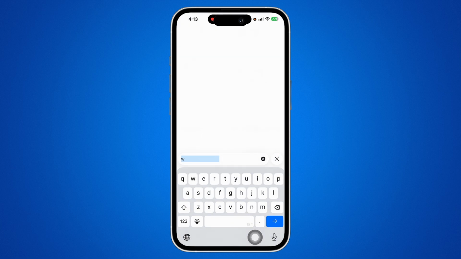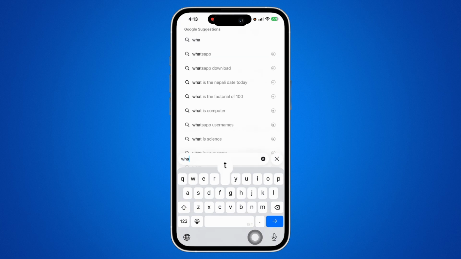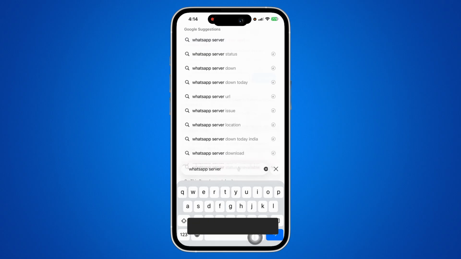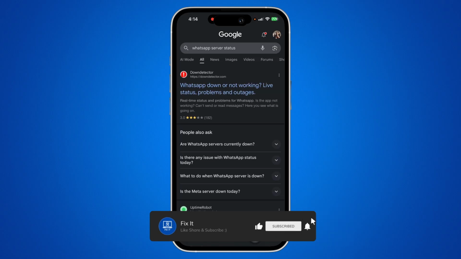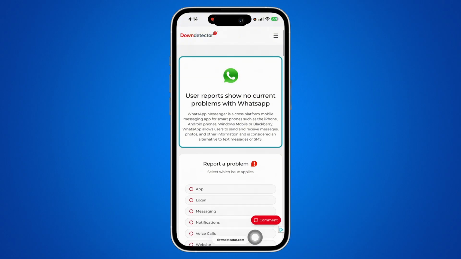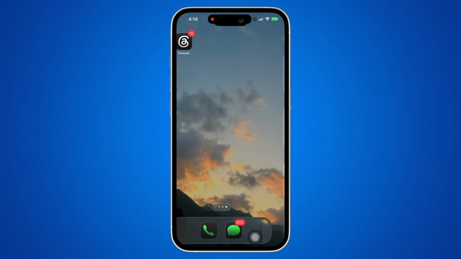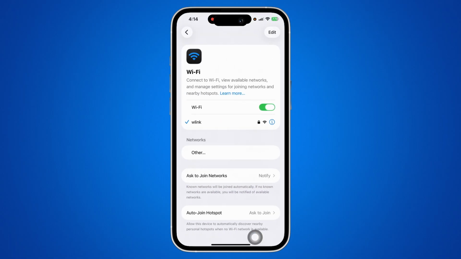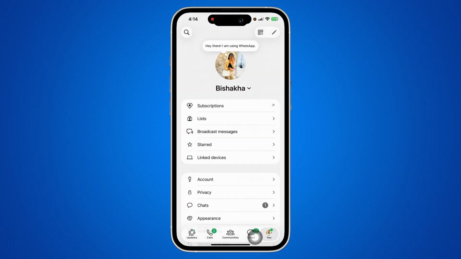bar, search for WhatsApp server status and make sure that the server status for WhatsApp is not down, as if the server is down, then you might be facing these kinds of problems in the app. So if the server is actually down, you can wait a few minutes and then try sending the photo or video again. See if that helps, and if not, then open WhatsApp and then go ahead and swipe up on